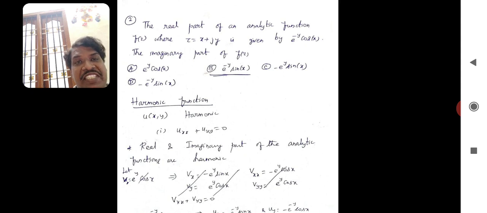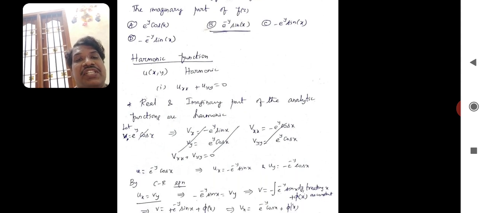And coming to the question given, the real part of the analytic function f of z is given. We want to find the suitable imaginary part of the given analytic function. Now let us take the real part of the analytic function to be u. u equals e power minus y